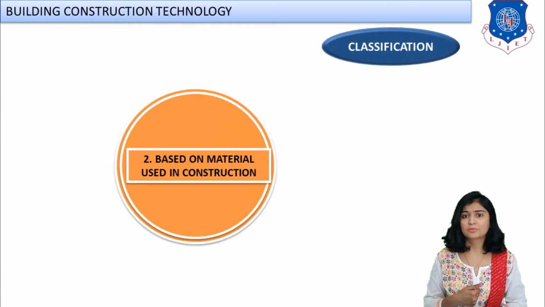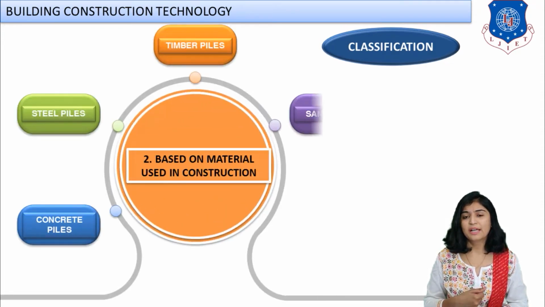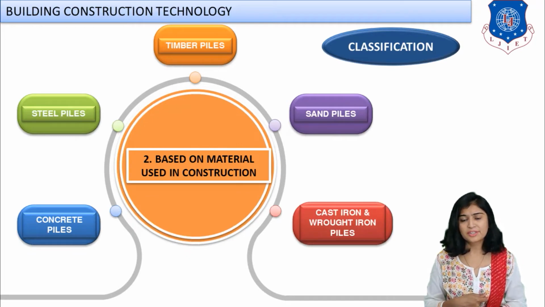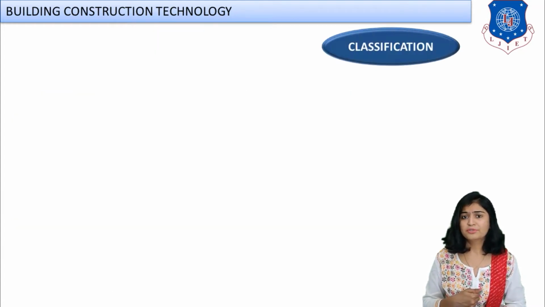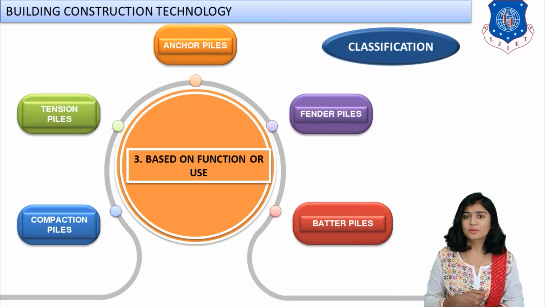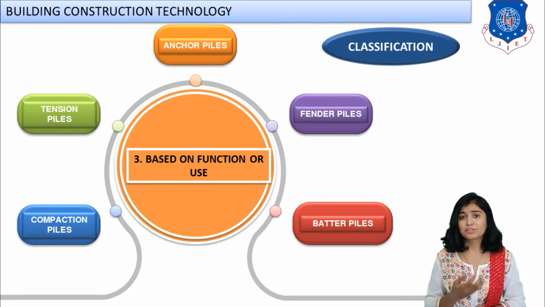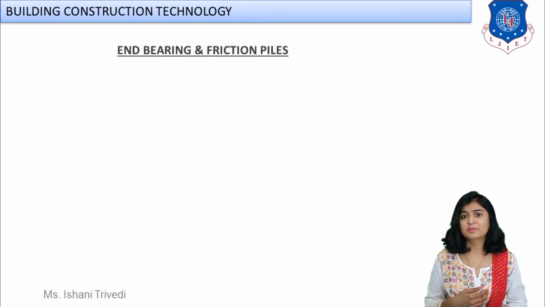Okay students, now moving to the next classification based on the function or the use. I think we have already discussed this in the previous session: the fender piles, batter piles, anchor piles, sheet piles. I have shown you an illustrative image also. Moving forward to the next type of classification, which is based on construction material. Based on material, the most important for us is the concrete piles. Today we are going to discuss that in detail. Then we also have timber piles, sand piles, and steel piles, right? So it depends on what type of material it is made of.